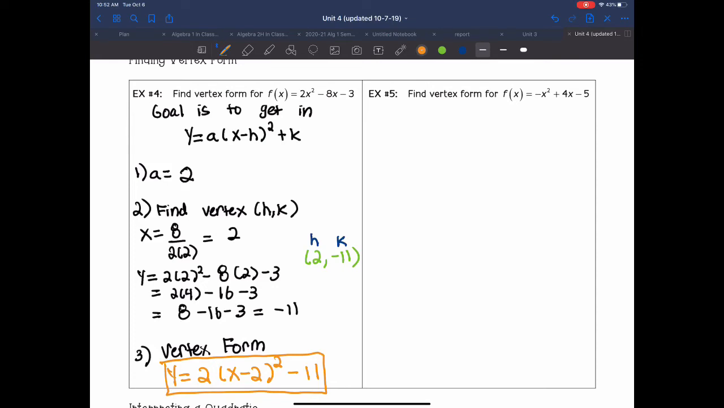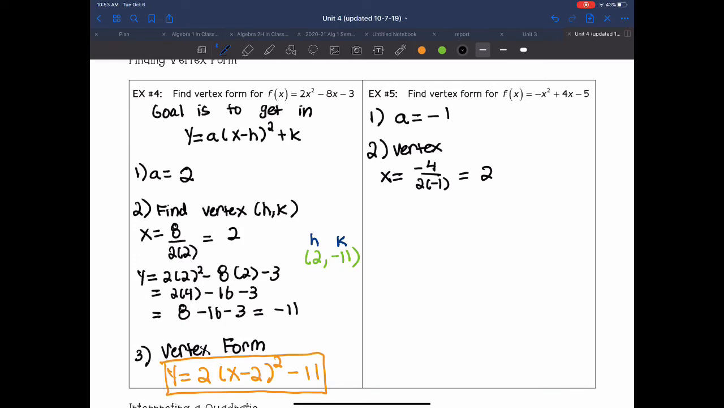All right, let's go ahead and do this for example number 5 as well. So first things first, once again, I am going to find my A value. So my A value is represented by negative 1, so A equals negative 1. Next thing I'm going to do is find my vertex. I know that my vertex can be found by saying X equals opposite B over 2A. So opposite B over 2A is going to be negative 4 over 2 times negative 1. Negative 4 divided by 2 times negative 1 is negative 4 divided by negative 2, which is going to give